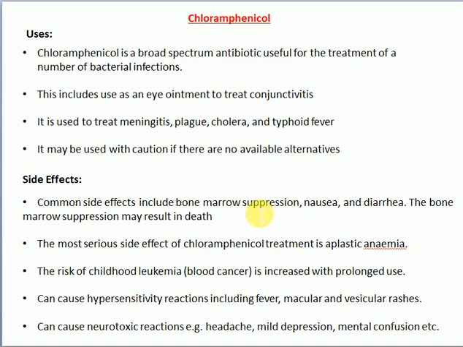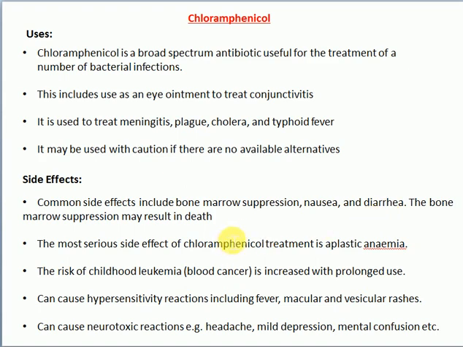Bone marrow suppression means there is some problem with the formation of bone marrow cells, and the process of bone marrow development doesn't function well, so that there is a lack of bone marrow cells and so on. You can get more idea about bone marrow suppression from Google. Also side effects like nausea, diarrhea,